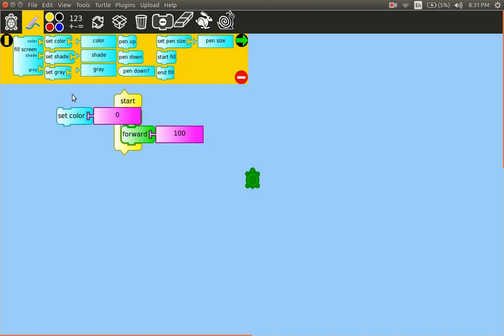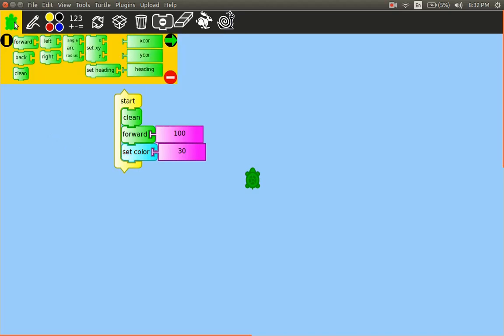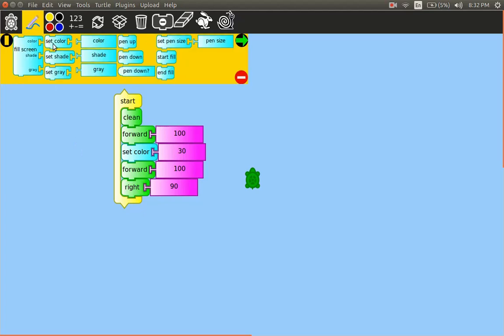Go to the pen palette, select Set Color command, change the value as 30, add it to the start block, add forward command with default value, add right command with default value,